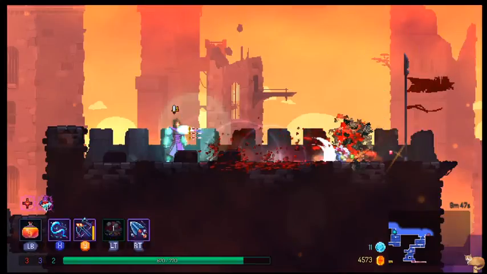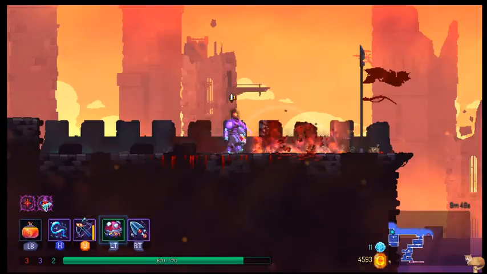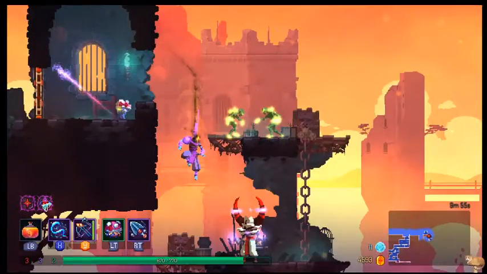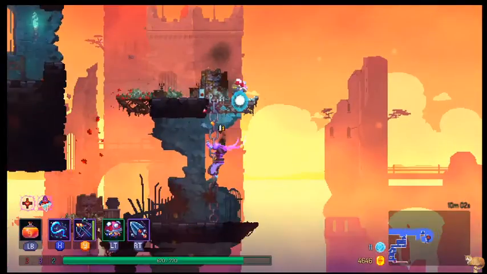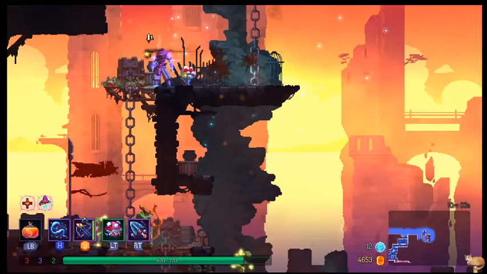Why haven't I summoned them? So yeah, there he is, little mushroom friend. So yeah, he'll just smack him into the stratosphere. It's particularly useful on a level like this where